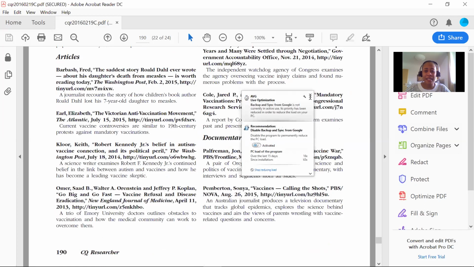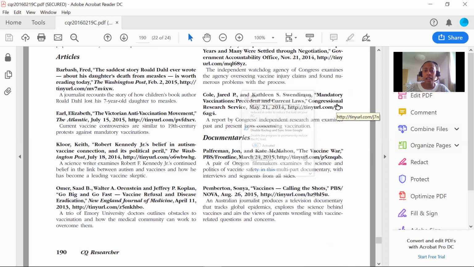And then documentaries. Yeah, so that's pretty cool that it's organized that way. And so again, it provides you with links when it can. There's a tiny URL there, tiny URL there, another one over here to the articles. It's extremely thorough. I cannot stress enough how thorough I think these articles are,